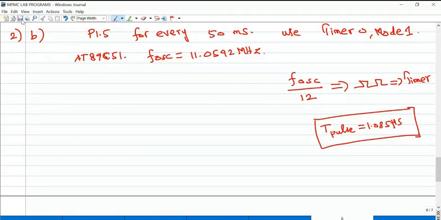So I think in the theory classes we have calculated already the 50 millisecond time delay. What is the value to be loaded in the TCON register? So I'll directly use that value.